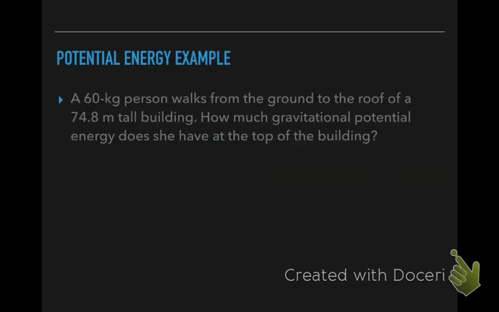So now we're going to look at a potential energy example. We have a 60 kilogram person walking from the ground to the roof of a 74.8 meter tall building. How much gravitational potential energy does he have? So notice,